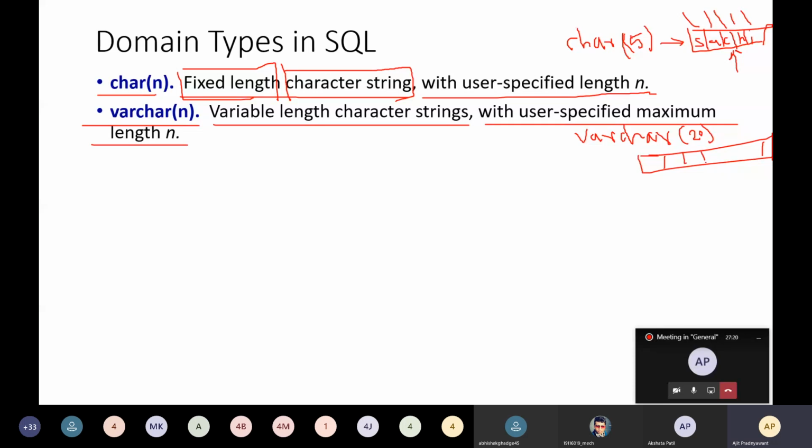One time you can store five characters, at another time you can store 15 characters, and so on. That's why it is called varchar.